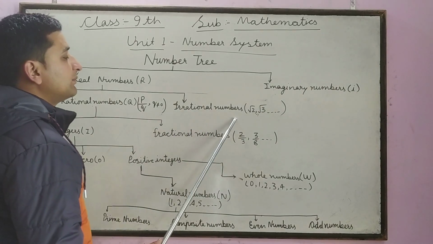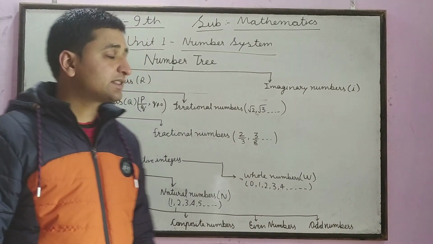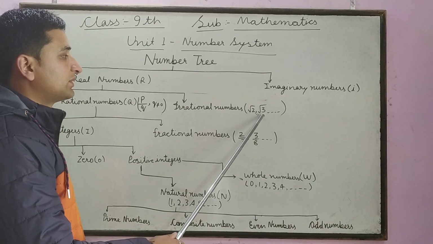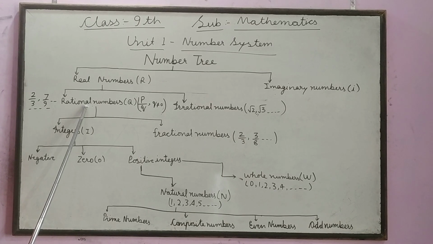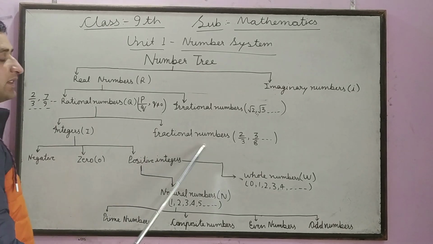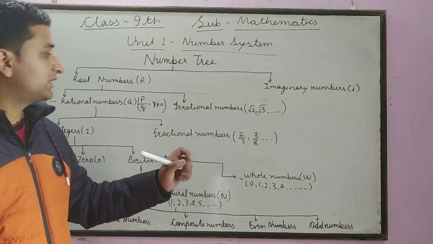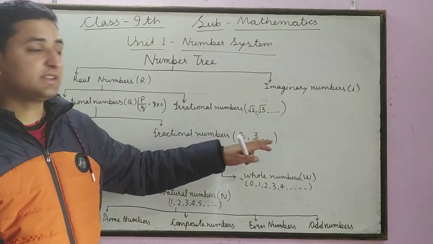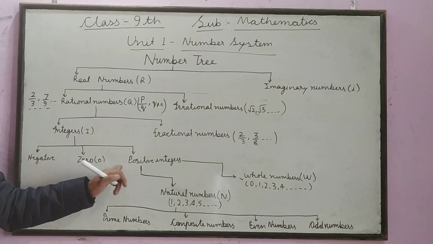And the irrational numbers are the numbers which cannot be written in the form of p by q. The examples of these numbers are root 2, root 3, etc. Further dividing the rational numbers, we will divide them into two categories, that is integers and fraction numbers. As you have learned in fractions, the numbers which can be written in the form of numerator upon denominator are known as fraction numbers, whereas the integers are again divided into three categories,